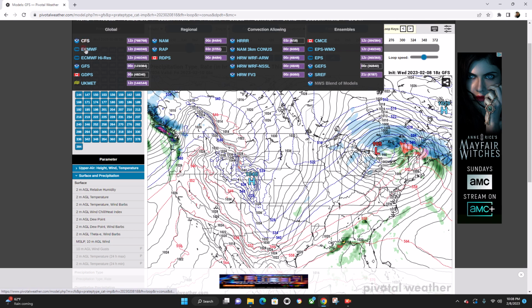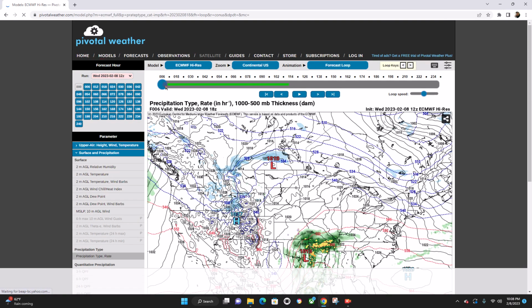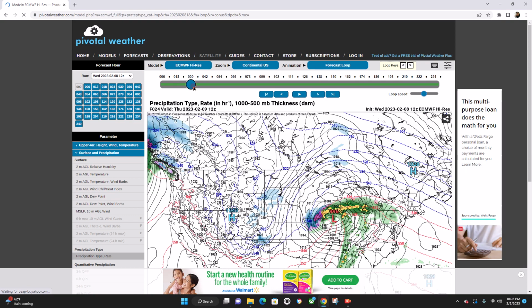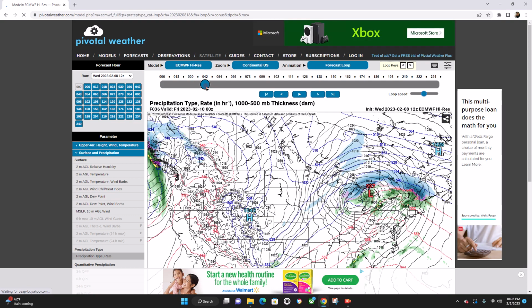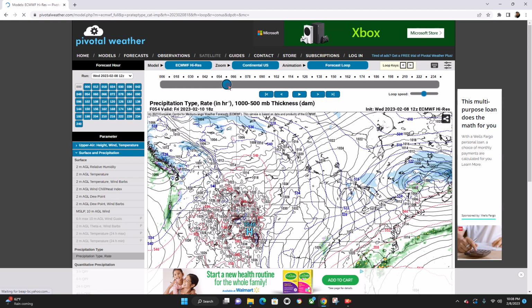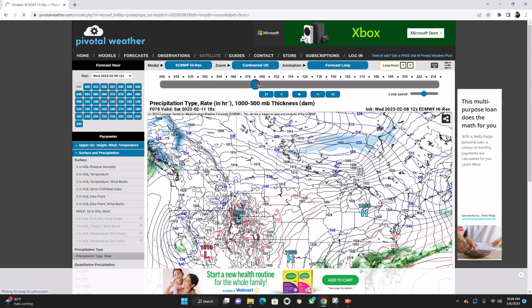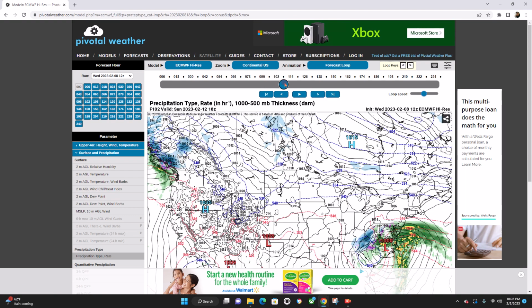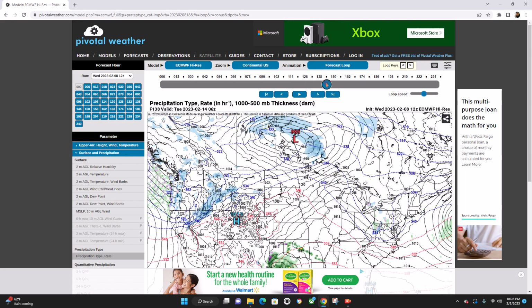And then we have different model data. So the European model. And you can see there's variance between every model. So every model is going to have a different solution. So it looks like this model shows a little bit of snow possible coming up